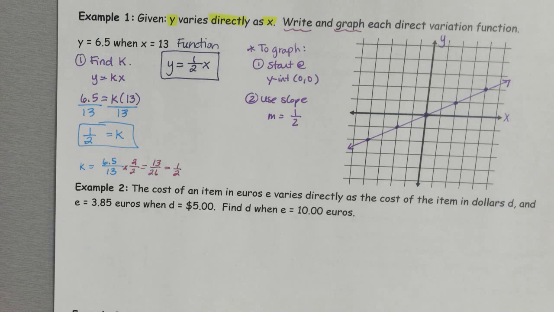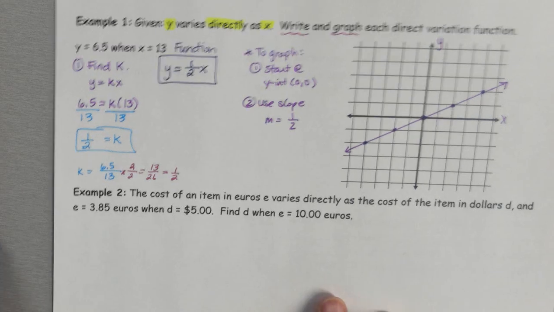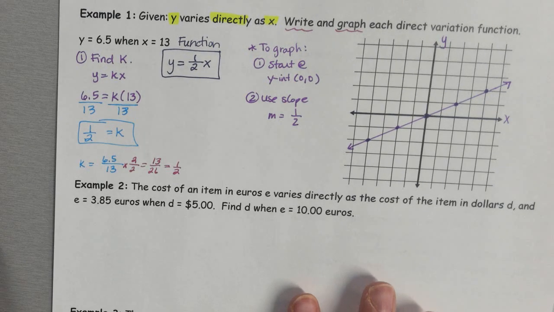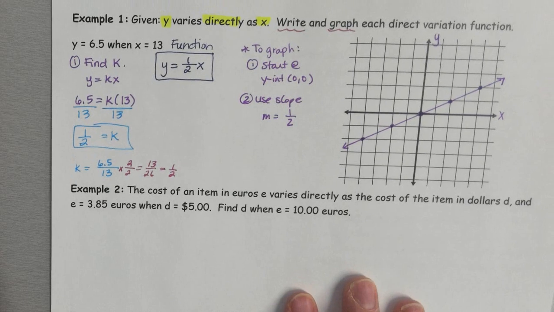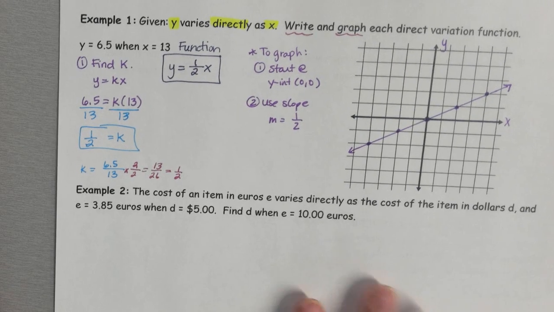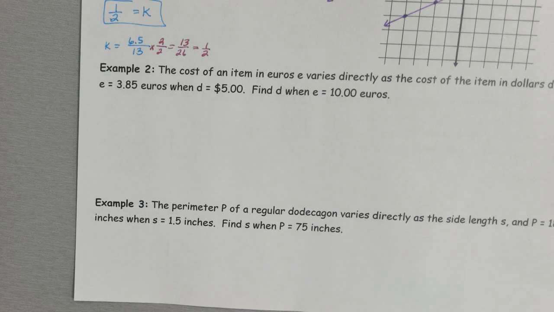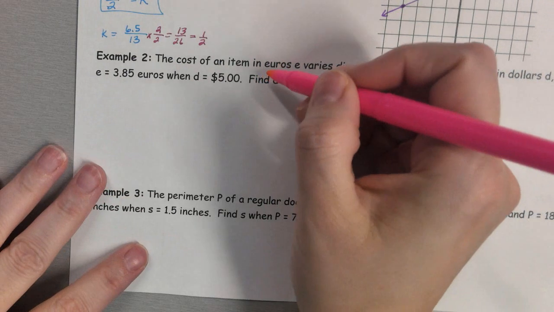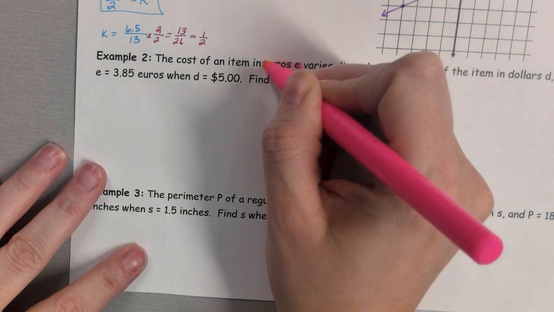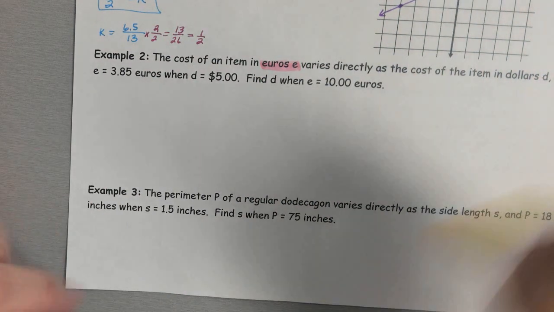All right, we're going to kick things up a few notches with example 2. Like I said, example 2 is going to be the most intensive, and then once you do example 2, the rest are going to seem pretty easy, okay? All right, so we're talking about direct variation. So I said they're always going to give you a sentence that explains how they're related. So this is the cost of an item in euros E varies directly